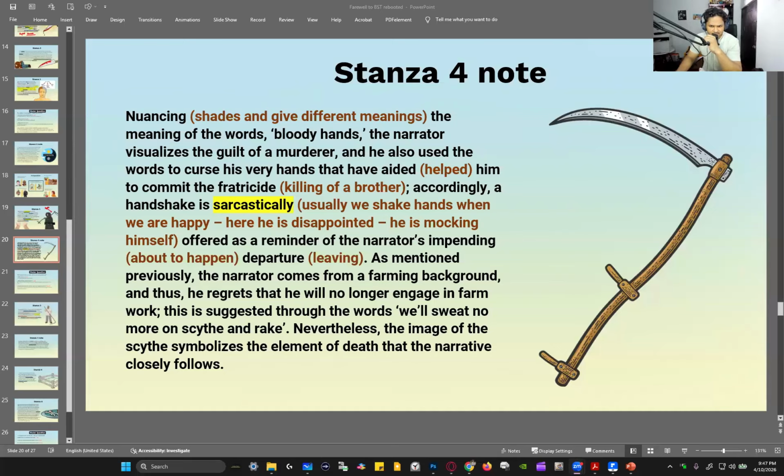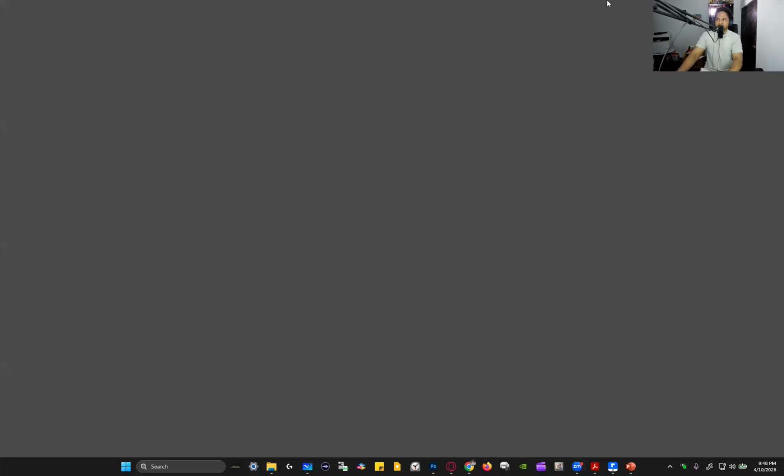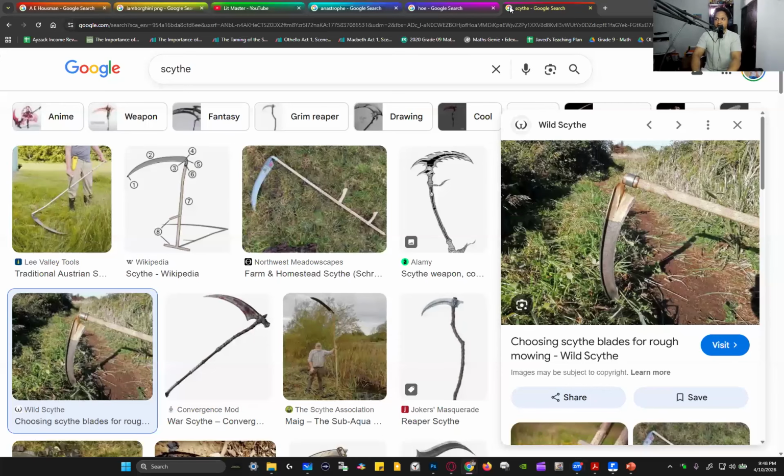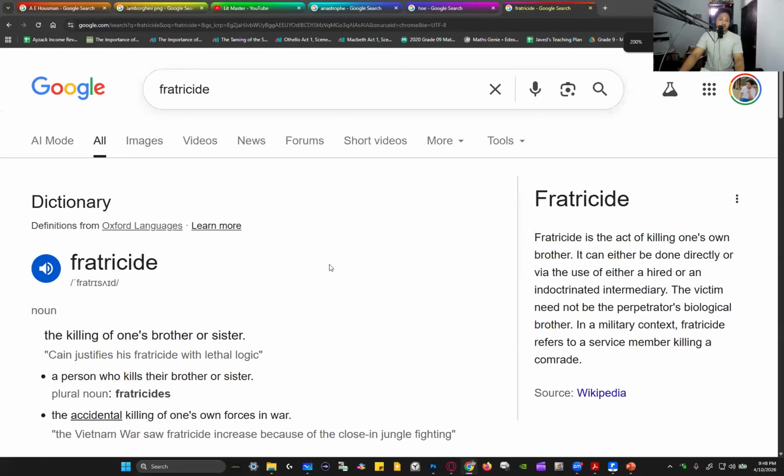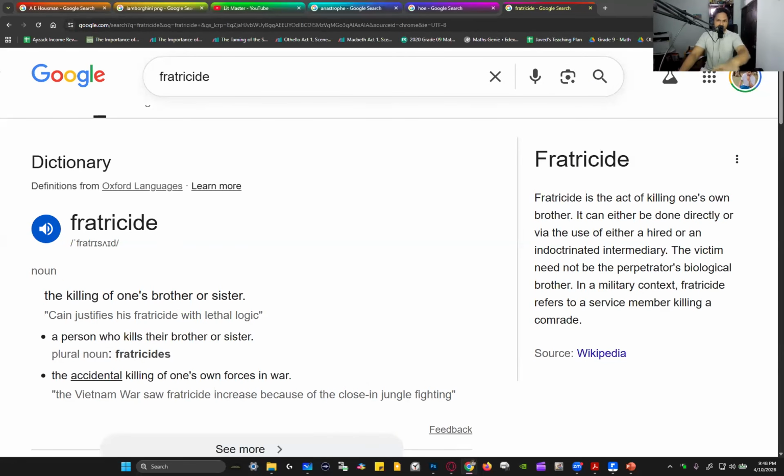Because he has murdered his brother, right, Amina? He has murdered his brother and therefore he will abscond. No, not attempted murder, Hafsa. He has committed a murder, Rehana. We called it a fratricide. What do you mean by a fratricide? A fratricide is a brother killing a brother. The narrator murdered his brother Maurice, and that is why the narrator is running away,